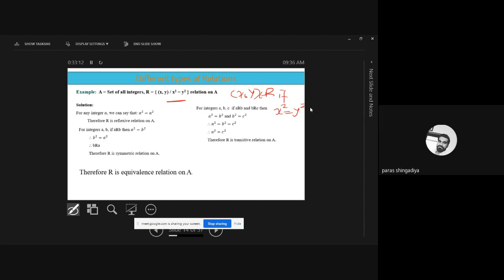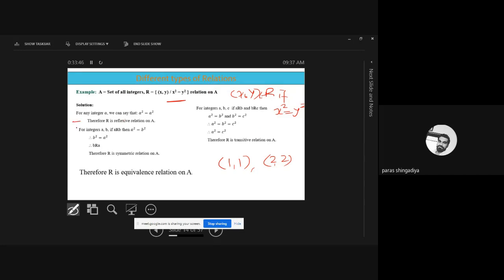Okay, so we have many possibilities: (1, 1), (2, 2), (3, 3), (4, 4), (1/2, 1/2), (0.5, 0.5), (√3, √3). These all are the collections we have जहाँ पे x square is equal to y square है. ठीक है? Which type of pair will be included in the relation? (1, 1): x square is equal to y square. Okay, 1 square is equal to 1 square. 2 square is equal to 2 square. 3 square is equal to 3 square. But we cannot take (1, 3). Okay, (1, 3), (3, 1), (2, 3) will not be included in the relation.